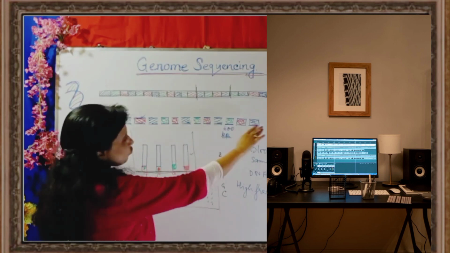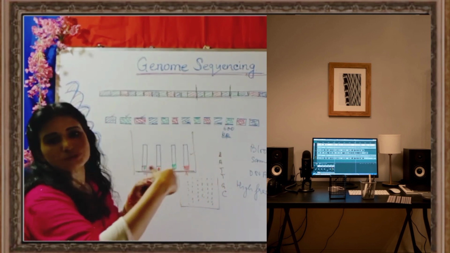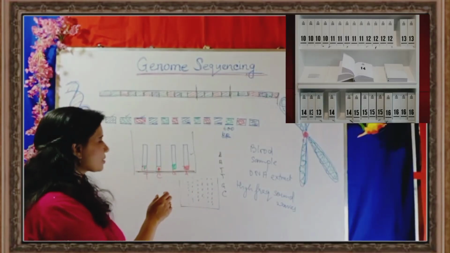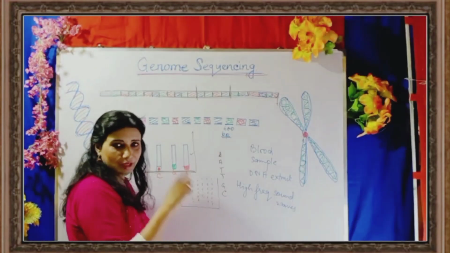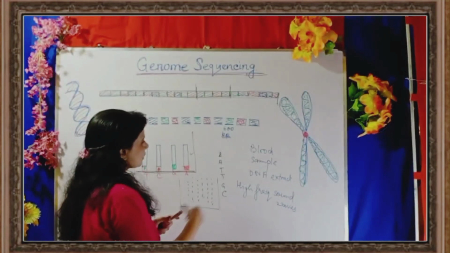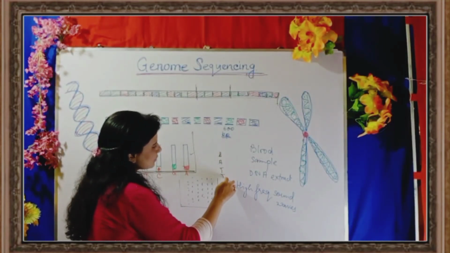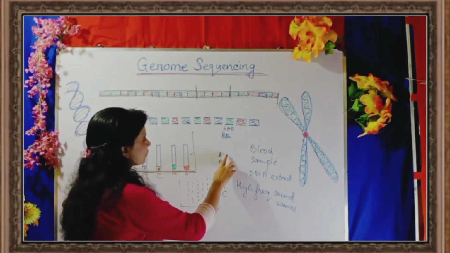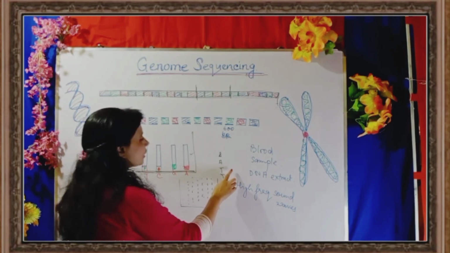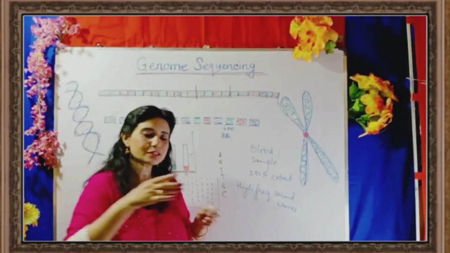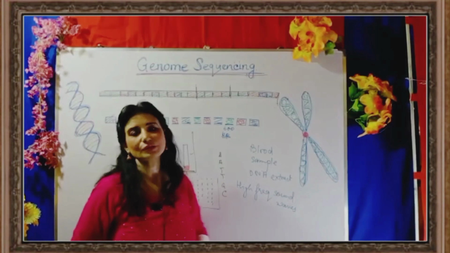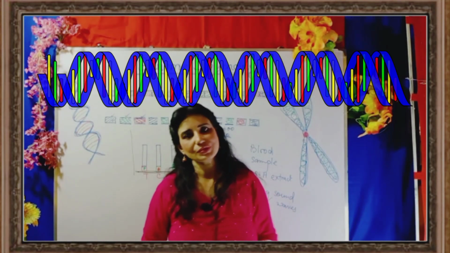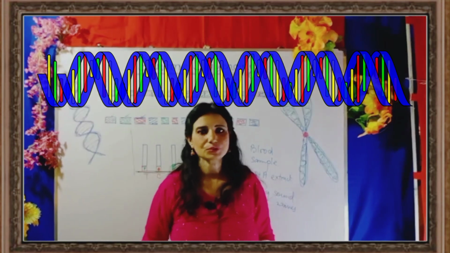Now first it was chopping and now it is piecing together. All these pieces must be put in correct order, that is, which sequence comes after what. If this is the sequence AATTGC, then the colored tags should be like this. For A, if I have used red, then it should be red, and for T a different color. So by understanding that colored sequence, we'll be able to understand the entire genome that is present, and that will be done by the computers.